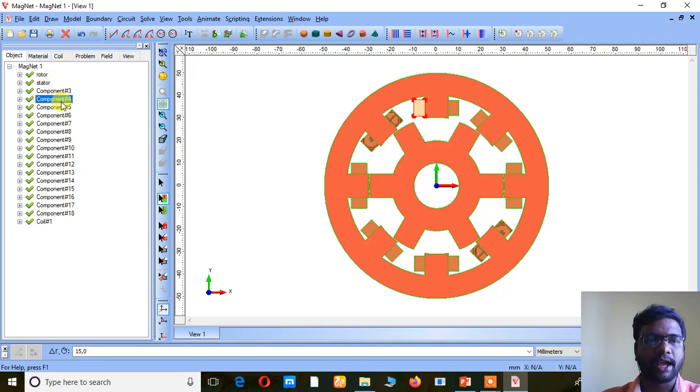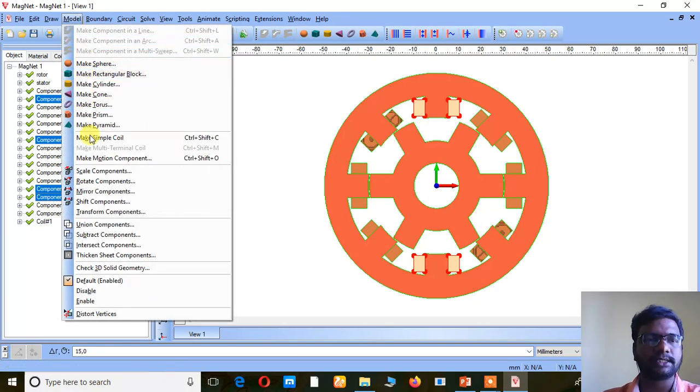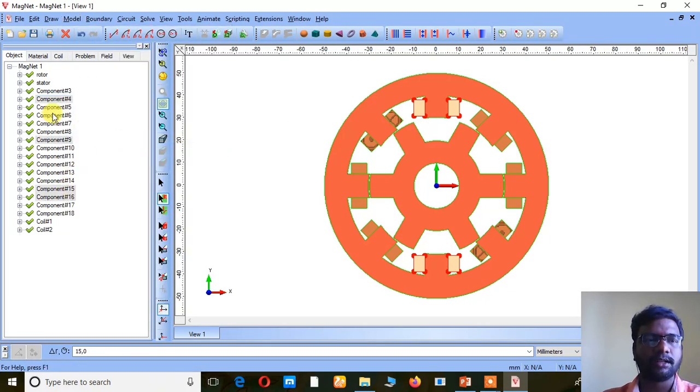Now I am going to choose the second one. These two are going to connect in series. Simple coil, coil 3.